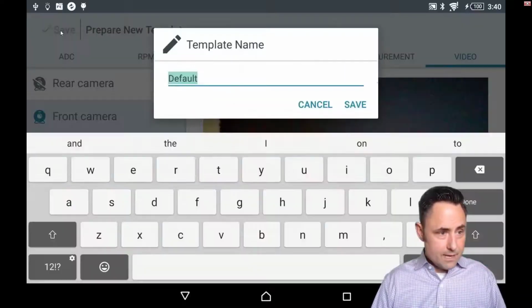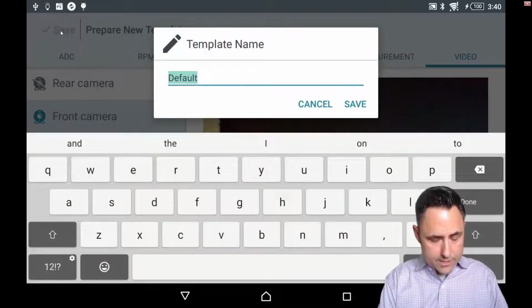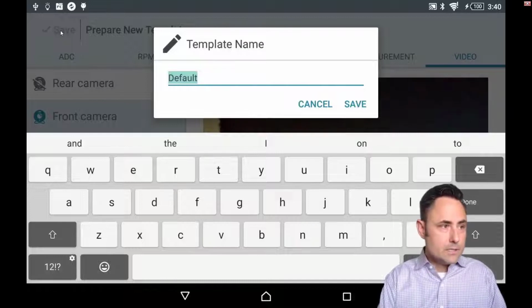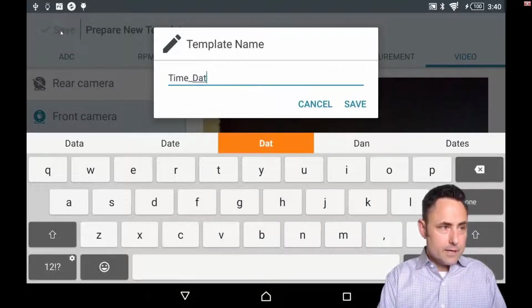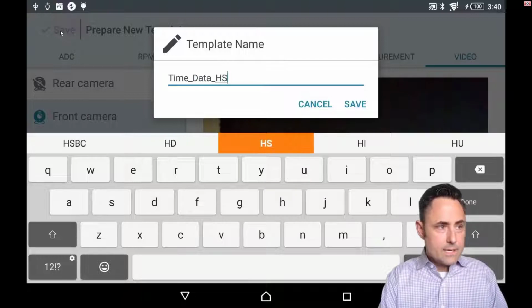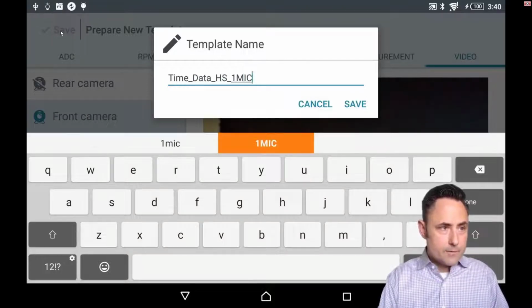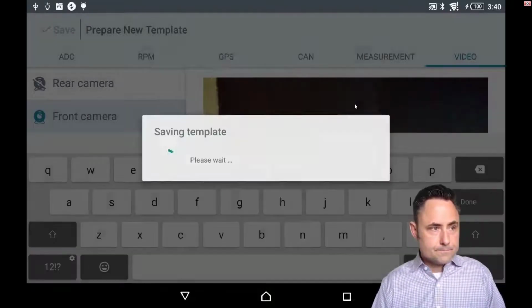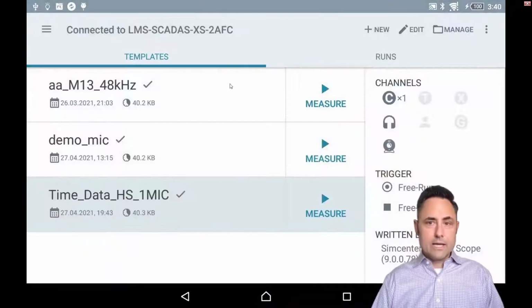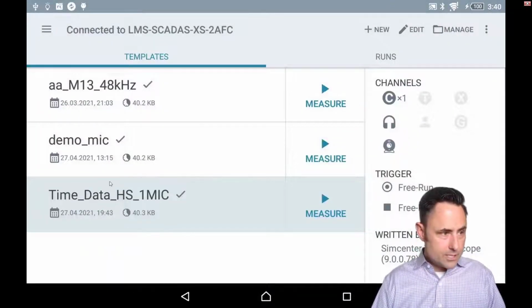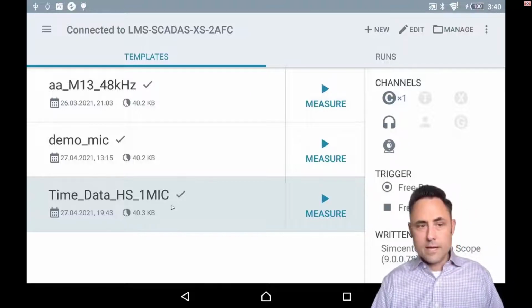Okay, I'm going to save that, and we'll call this time data headset 1 mic. Now in this list of templates, you see I have this template called time data headset 1 mic, and I get a summary of that setup over here.